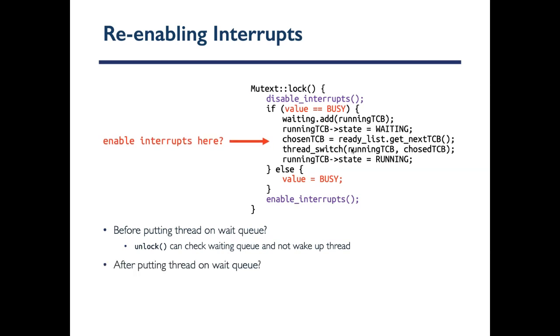What about here? Right before we call thread switch, is this the right place to do this? Again, no. The reason is, let's say you have put yourself in the waiting queue, and you still haven't context switched to another thread. But let's say an interrupt happens, and then some other thread, the one that has the lock, wakes up, and then it wants to unlock. Now that thread sees that you are in the waiting list because you have already put yourself in the waiting list. So that thread will wake you up, meaning that it will get you out of the waiting list and make your status ready,